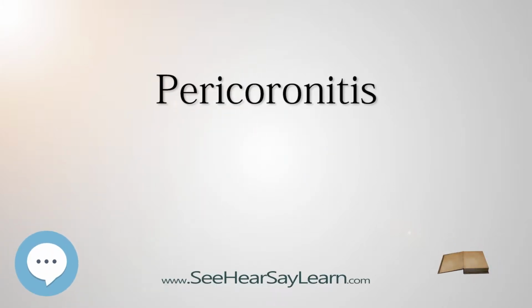Pericoronitis, from the Greek peri, around, Latin corona, crown, and itis, inflammation, also known as operculitis, is inflammation of the soft tissues surrounding the crown of a partially erupted tooth, including the gingiva, gums, and the dental follicle. The soft tissue covering a partially erupted tooth is known as an operculum, an area which can be difficult to access with normal oral hygiene methods.